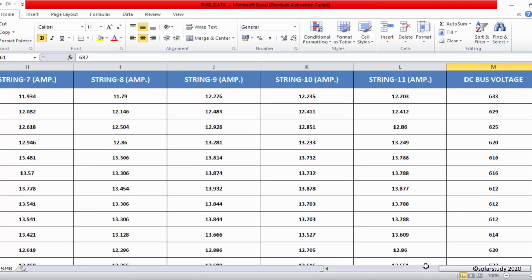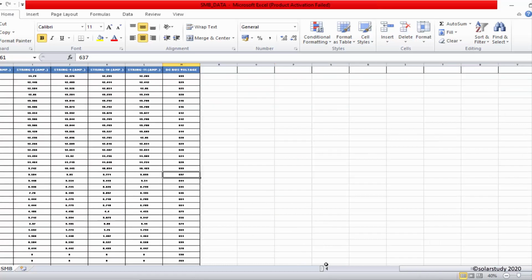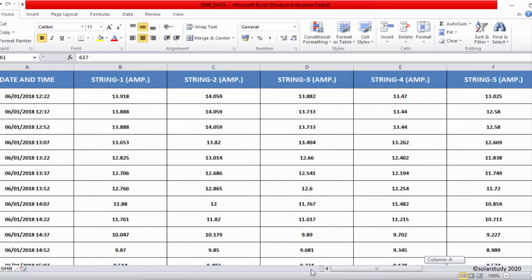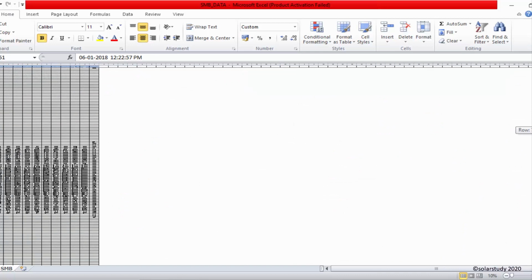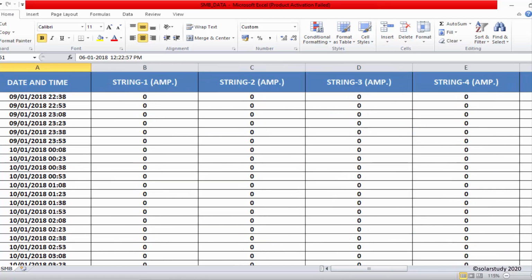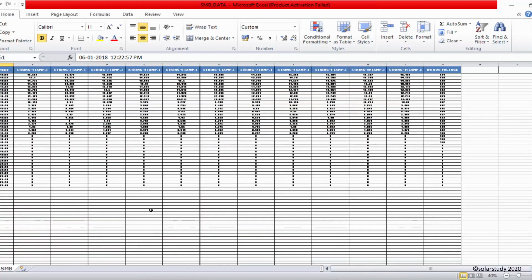So this is nothing but string data. Strings are present in the SMB. This is also acquired. Let's see from where to where. Let's see the data. 6/1/2018 to, it will go up to around 11. I'm sorry, 6 to 11. Around 8 days of data we will get. So this is SMB data. This is one form of a data acquisition system. Here they are containing 5 different data sets.